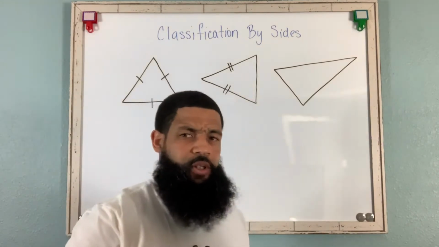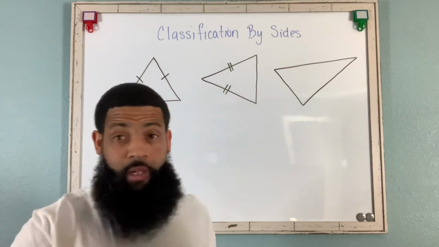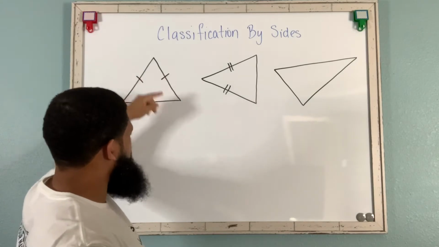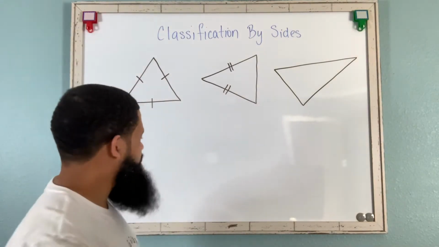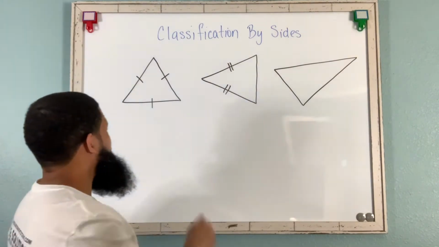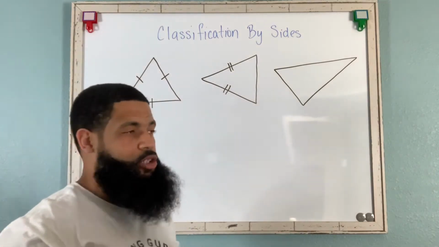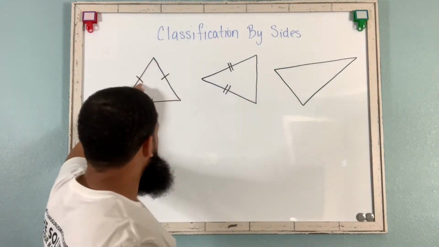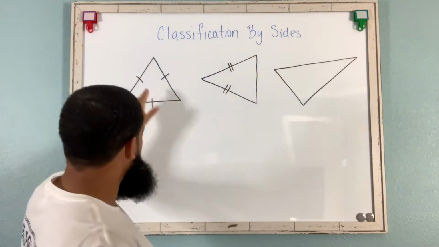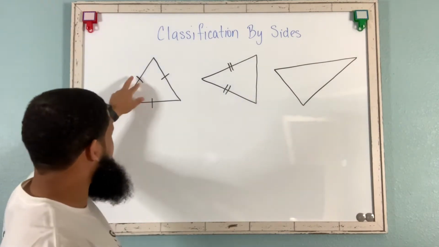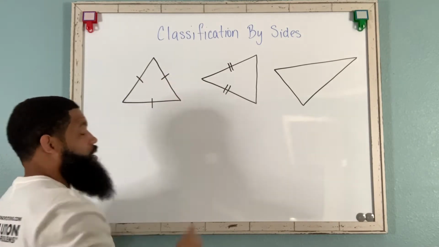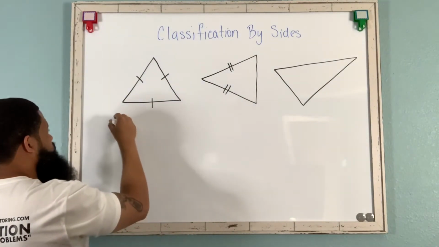Now, something very, very important to think about when we are classifying triangles by sides. In this first triangle, you see this one little, you can call them tick marks or whatever. So there's one little line here, here, and here on each side, right? That line or that tick mark actually is telling you that the length of this side is the same as this side and the same as this side, okay? So whenever you see those tick marks on one triangle, that's telling you the length of the side is the same. Now, if this has one of those tick marks on each side, that means it has 3